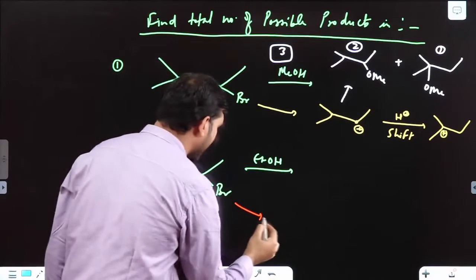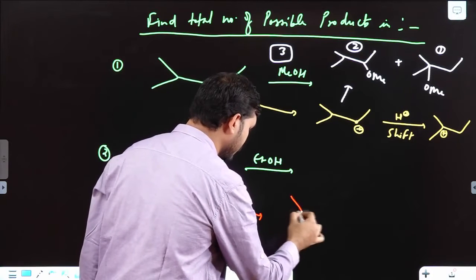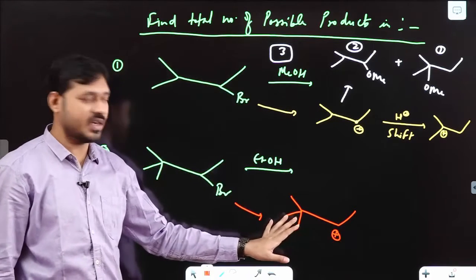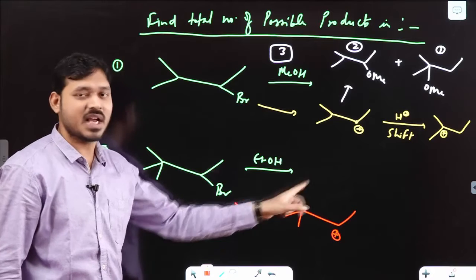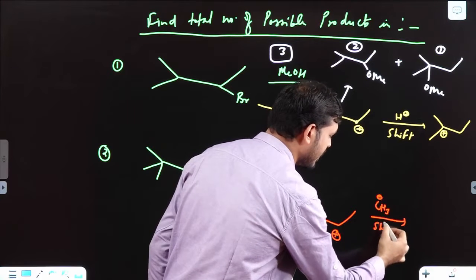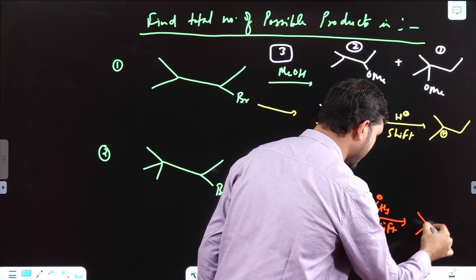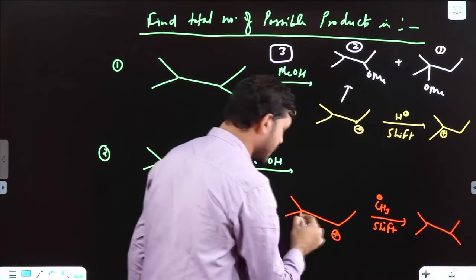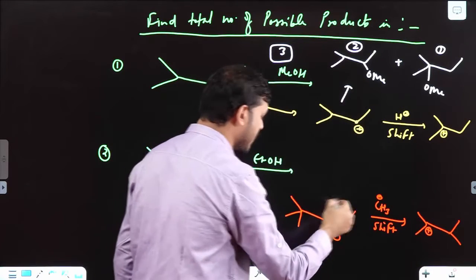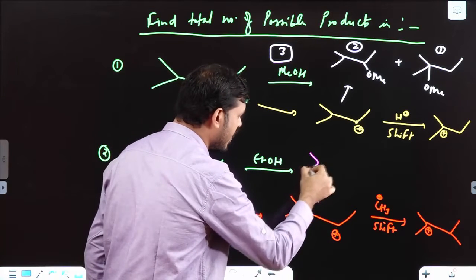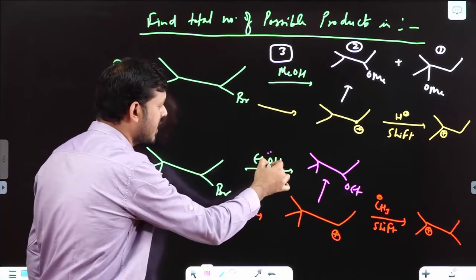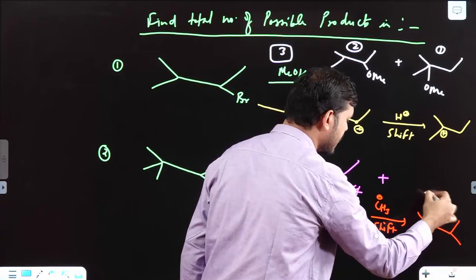Now let us check this one. In this one, the carbocation generated will be this one. Okay, now in this carbocation generation, you can see there will be possibility of methyl shifting. So you will make CH3 minus shift. Clear? Now what you will get? This CH3 will shift here and plus charge will come here. Now in these two, you have to find the product. So if directly you make the product, it will be your OEt. Here it is EtOH, right? Plus, in this case, what you will get?